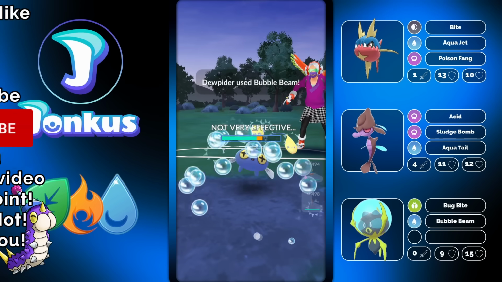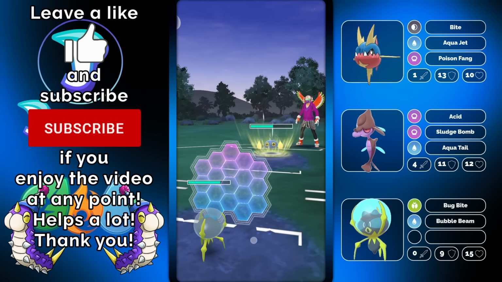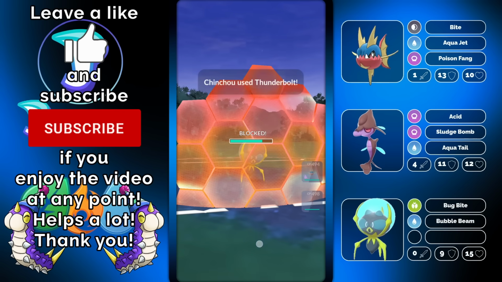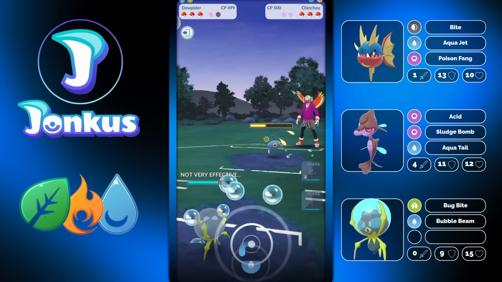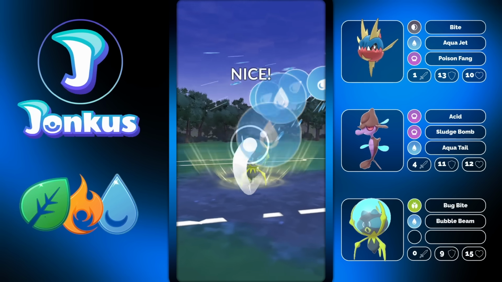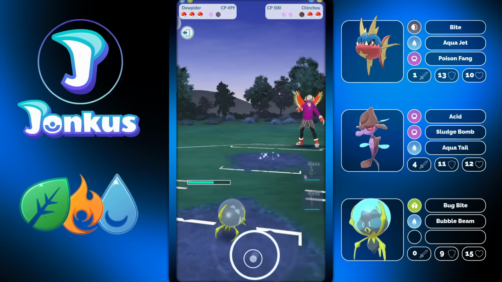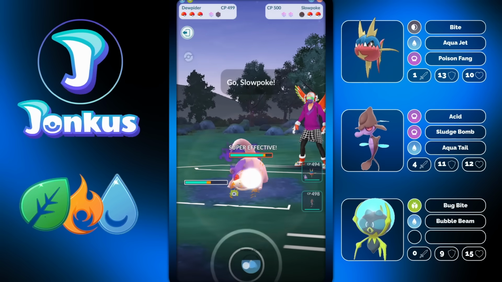If you want to run Chinchou, it's because of Spark, literally, because you want to have electric type coverage, which you don't really have with any other Pokemon. There's basically next to no electric and grass type. There's only the Rotom grass type, and that wouldn't be allowed here. And then I guess you have the Volt Orb, the Hisuian form there, but I don't think